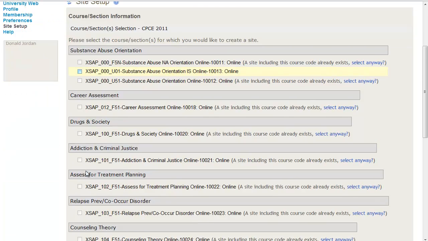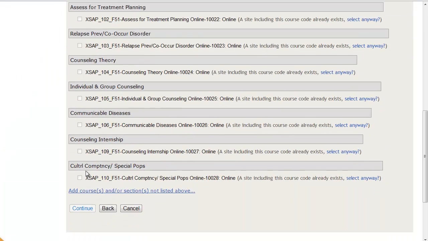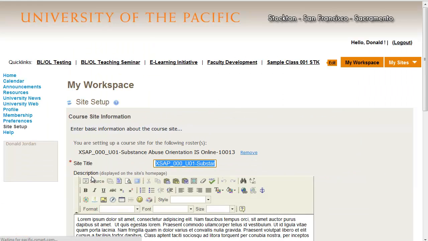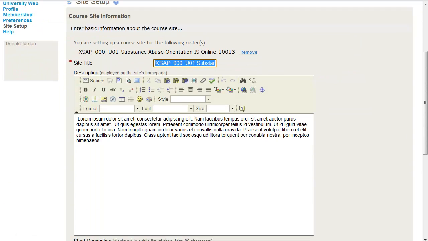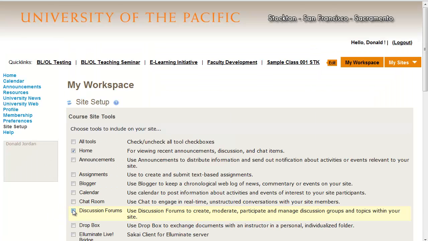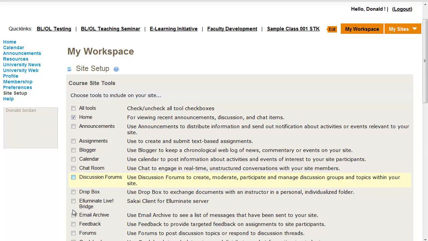And at this point it will show you all the courses that you're currently enrolled in as an instructor. Select your course, click Continue. You can add or keep your site title, as well as add a description of your course. Click Continue. In the Course Site tools, you'll have the ability to turn on and off all of the tools